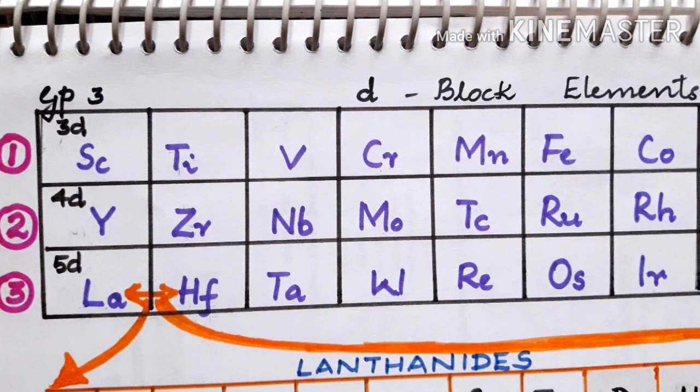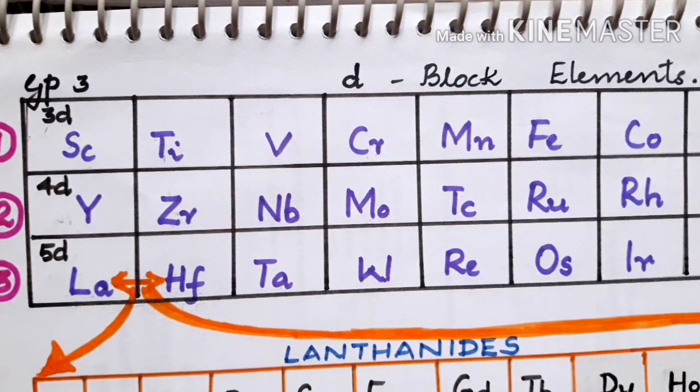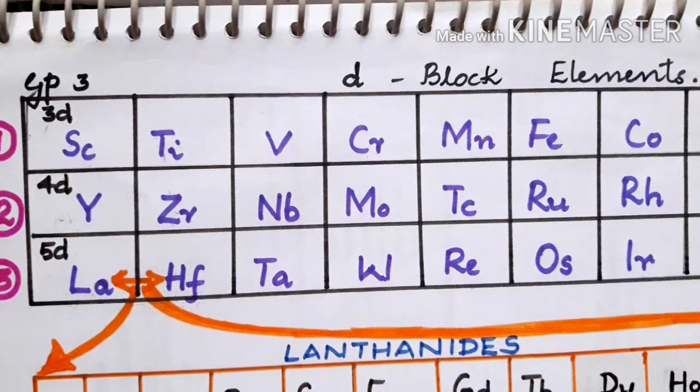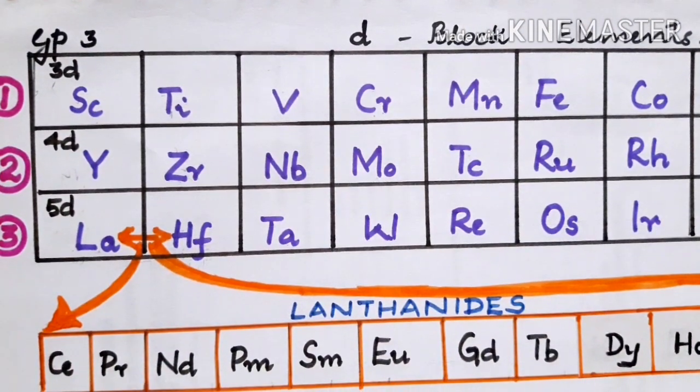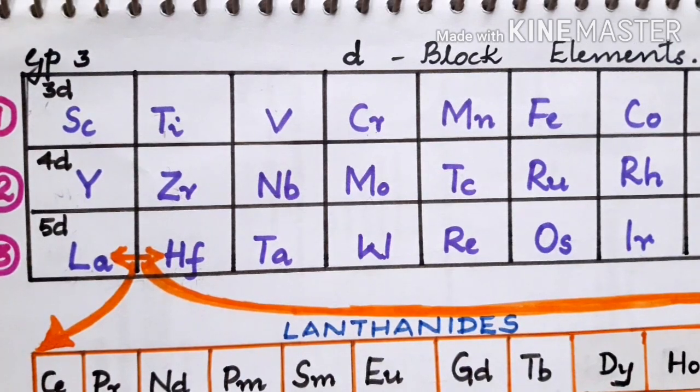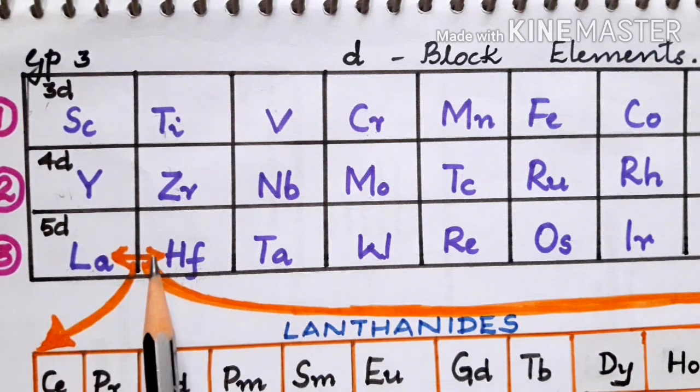Today's discussion is about lanthanides and actinides. What are these lanthanides and actinides? When we check the periodic table, we find that there are 14 different elements lying in between group 3 and group 4 in the fifth series and the sixth series. You find that the 14 elements lying in between lanthanum and hafnium, in between the third group and the fourth